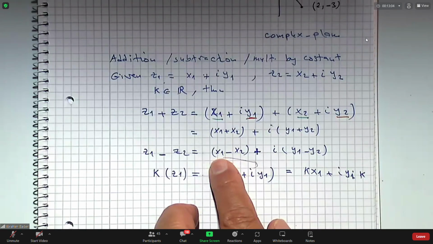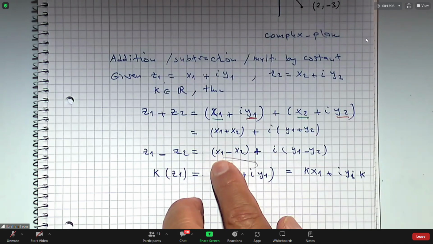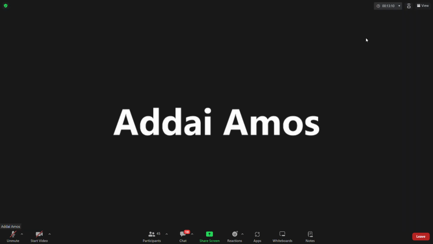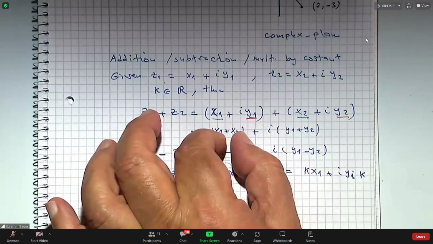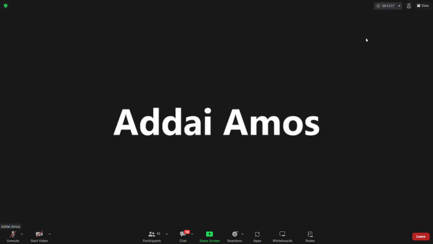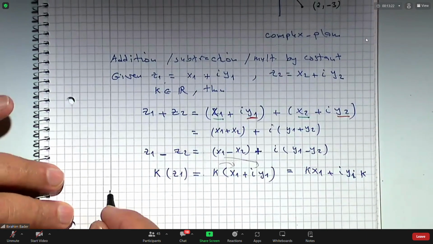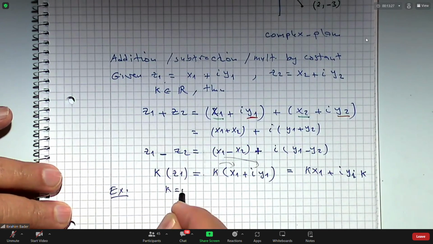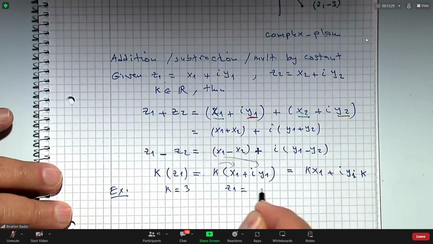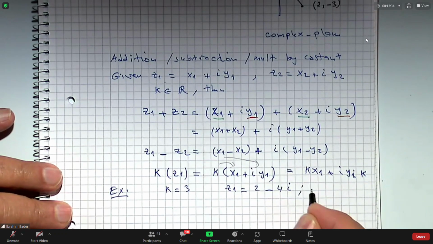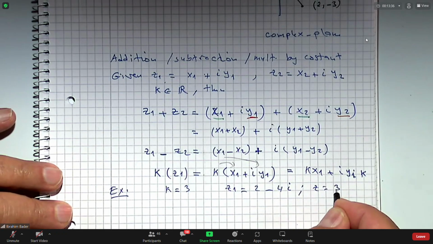This is the definition. You add and subtract component wise. So you add the real part to the real part, imaginary part to imaginary part. If you subtract, let's do an example maybe at this stage before we move to the multiplication. Let's take K equals 3, Z1 equals 2 minus 4i, and Z2 equals 3 plus